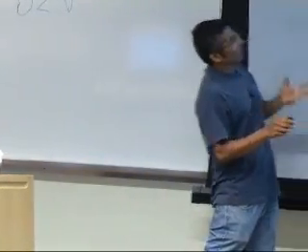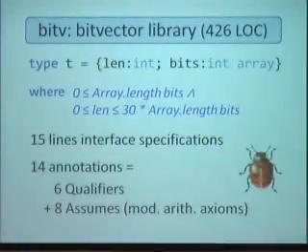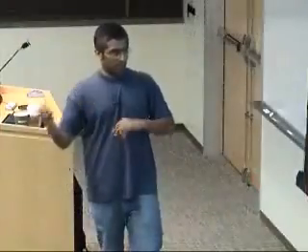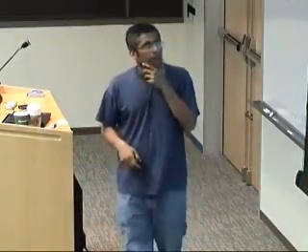So this is a library, meaning that it's not a closed program. So we have to write down some specifications for the open functions because you can't just call it with any random input. So this is actually the bulk of the annotation, by the way, these 15 lines. And then after that, it was 6 extra qualifiers, which again were of this less than 30 type of thing, and a bunch of these modular arithmetic axioms. And we were quite surprised.